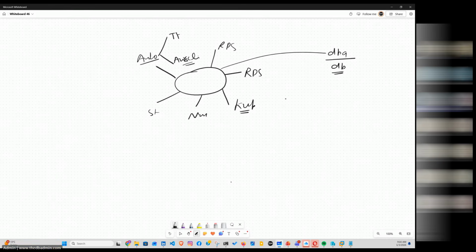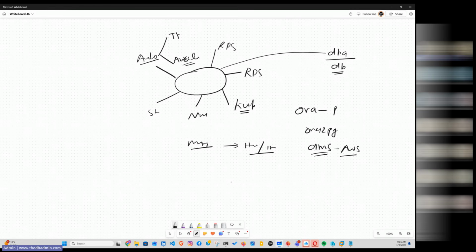What about the migrations? Will you cover migrations from Oracle to Postgres? Yes. We are going to do heterogeneous migration and homogeneous migration, where we are going to talk about Oracle to Postgres using Ora2Pg. Also we are going to talk about DMS. We are going to cover only AWS DMS, but we are also going to talk about Azure DMS,